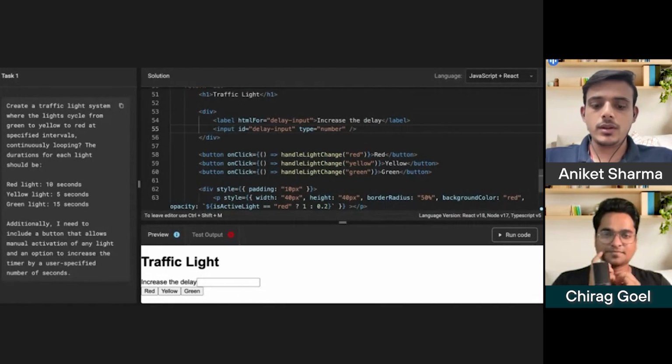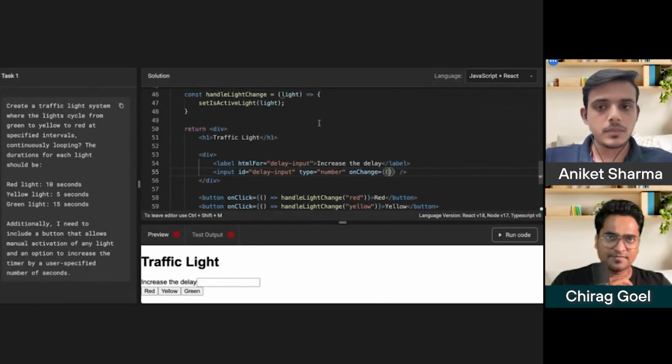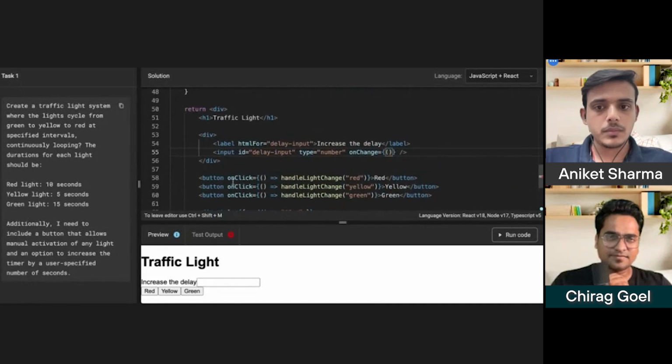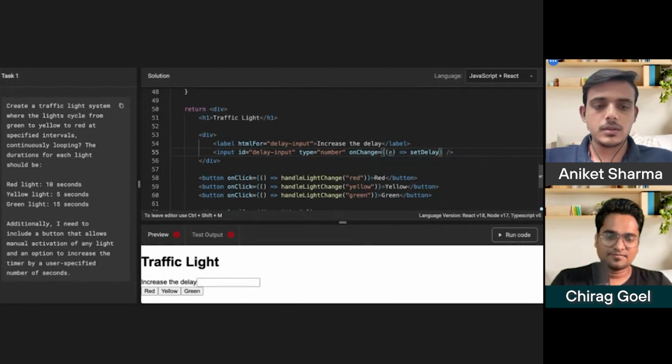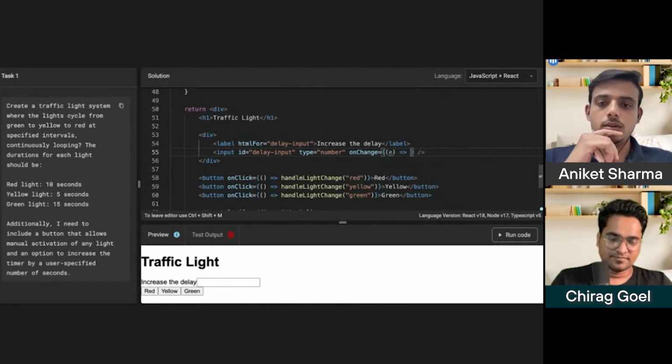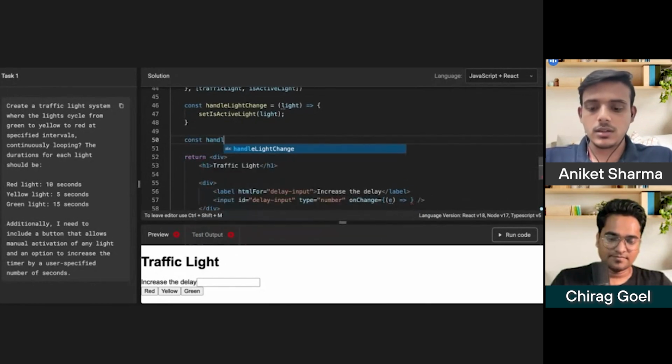Now, whenever we are changing data in an input, so on change, event, then set delay. But we also need to do more operations. So I will create one method, const handle delay change, to capture the delay time.